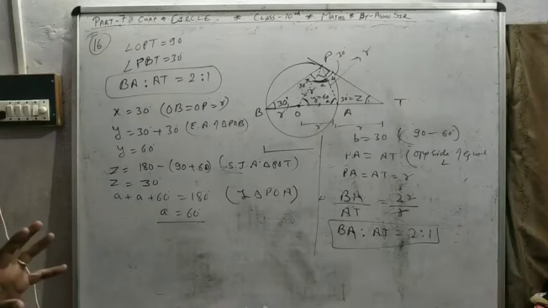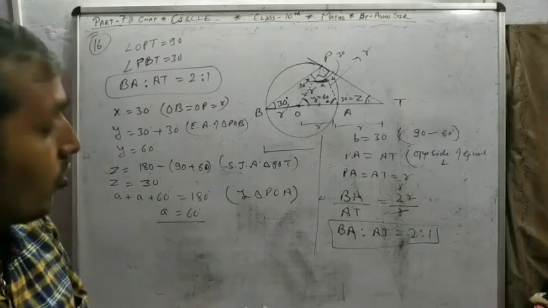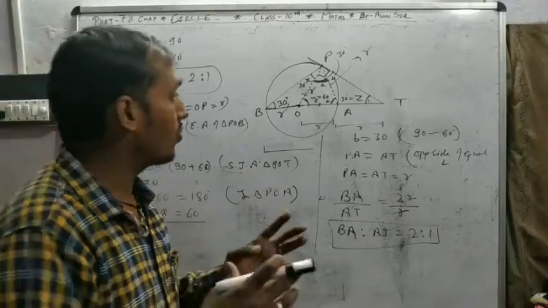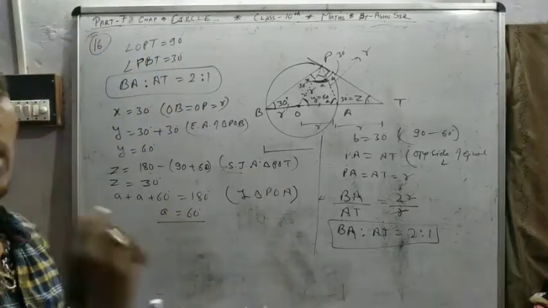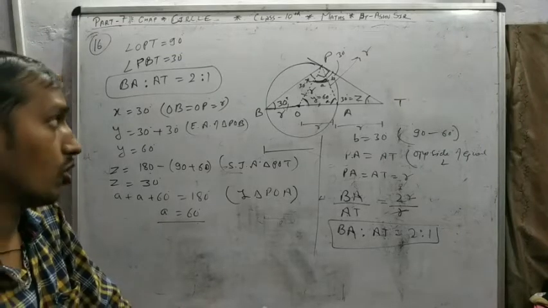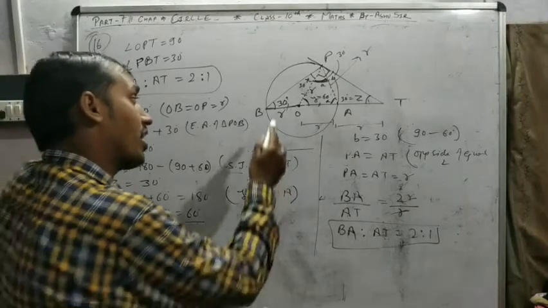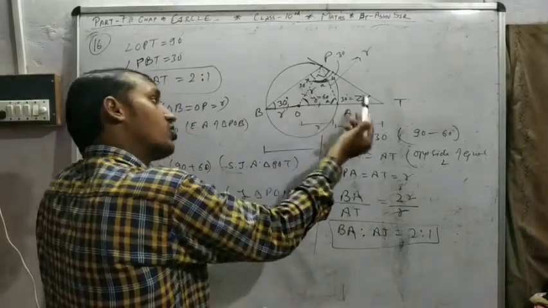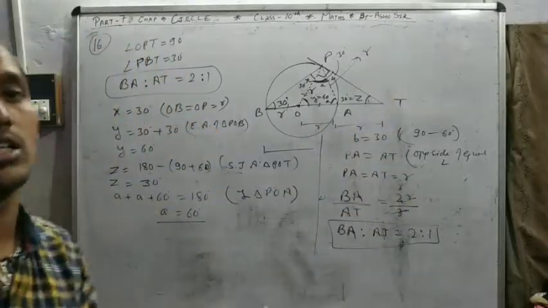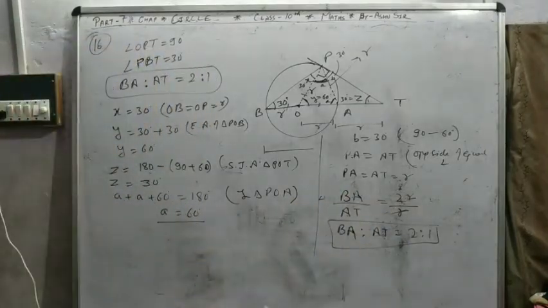I know you are thinking, sir, why did you find the angles? We want the ratio between the sides. Because here only angles are given. So we have to create the relationship between angle and side by the property of isosceles triangle and the equilateral triangle. Because two angles equal, two sides equal. Three angles equal, three sides equal. So by this property we take R and prove this is also R. So we can get BA and AT both in terms of R. So we can put here 2R upon R. So we get 2:1. Okay? Also we note down.